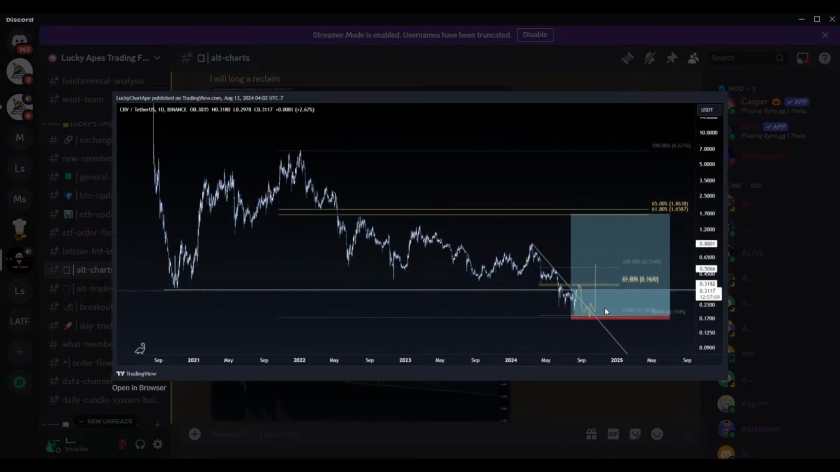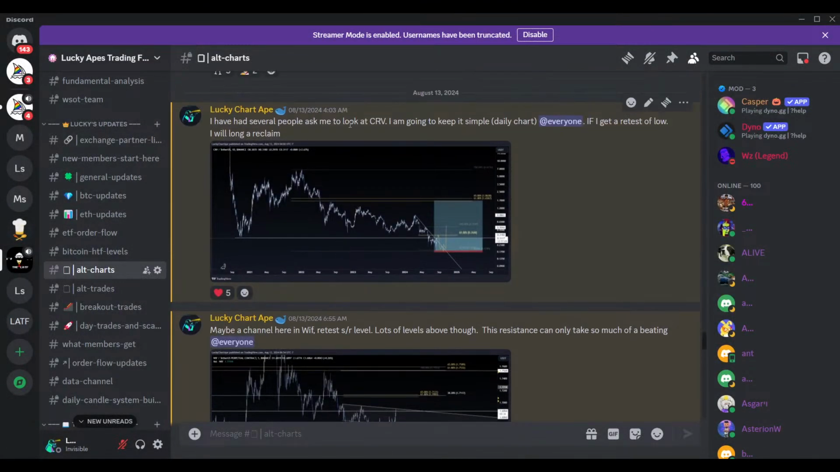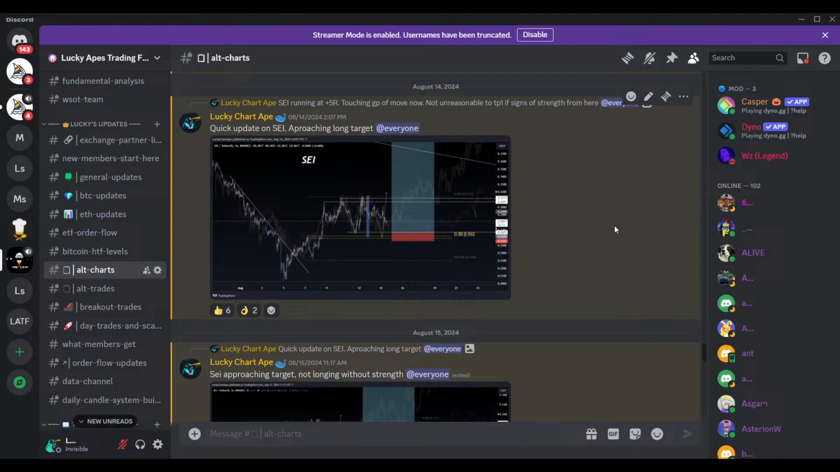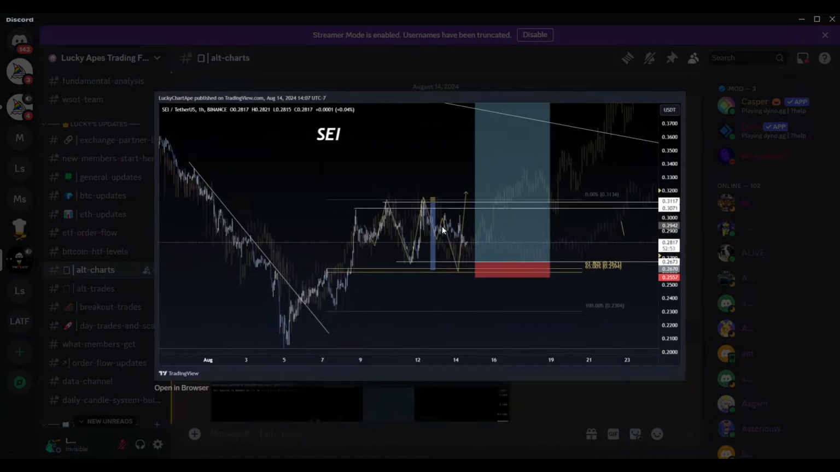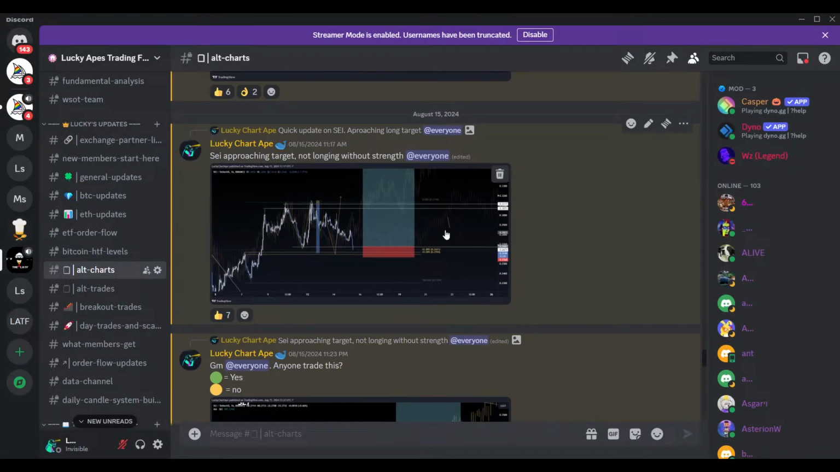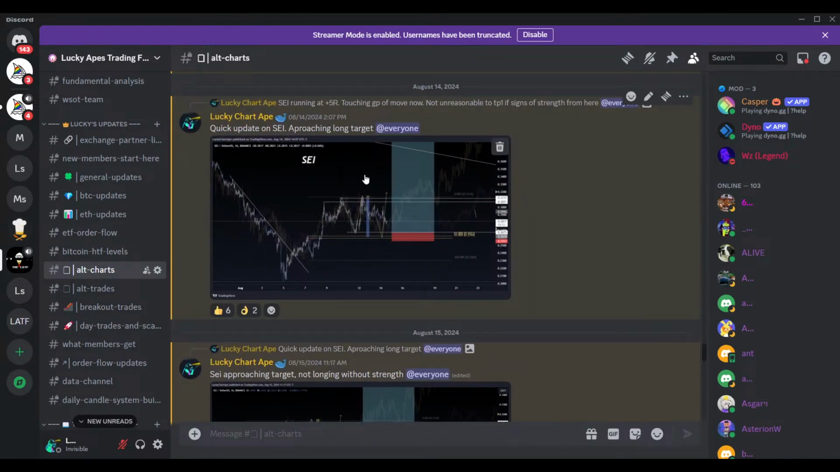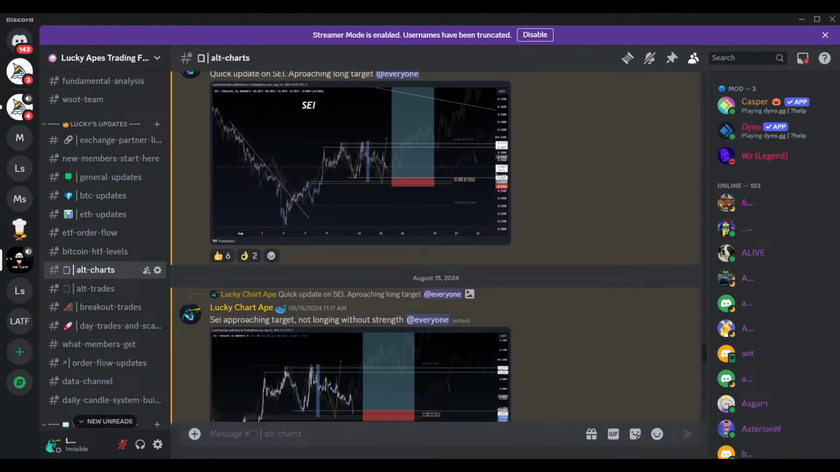I talked about this idea already on CRV, but this is back on the 13th. Updates here that Say is approaching the final short target, and it's approaching the long setup, right? Say approaching target again. It's not uncommon for me to continually update as levels approach, but